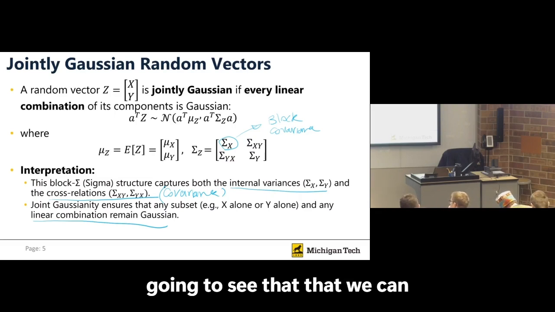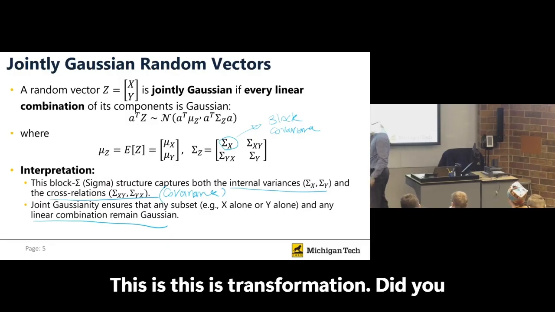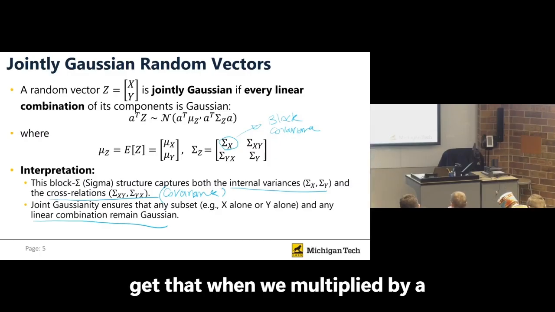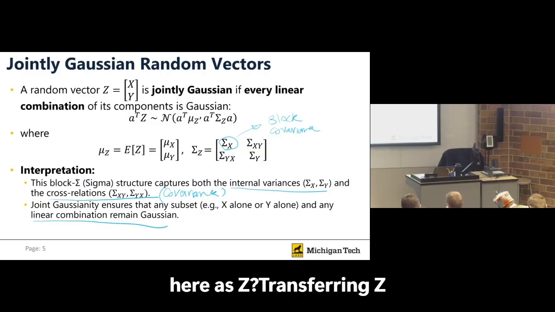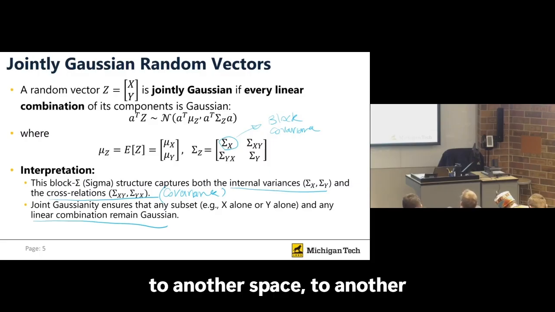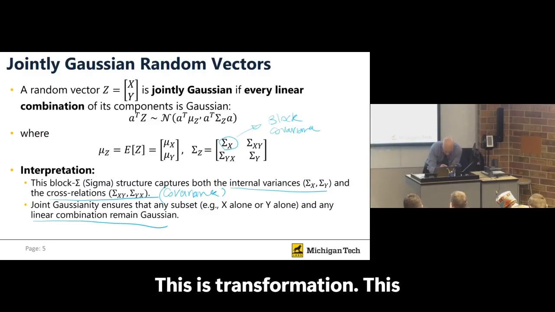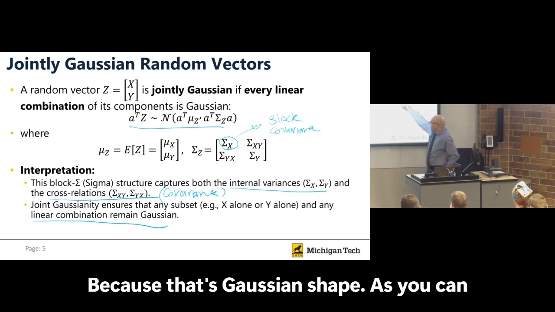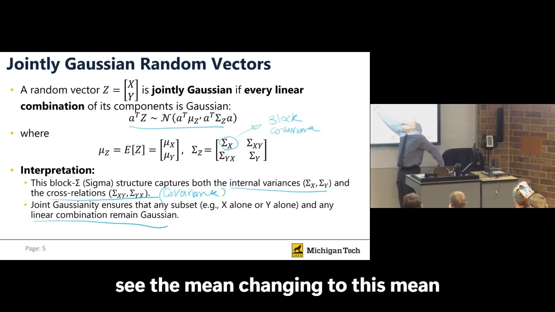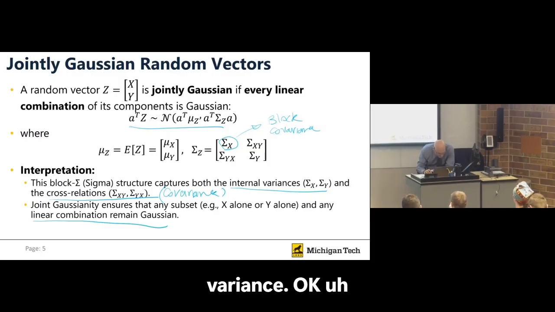We're going to see that we can play with that, and we do transformation. This is transformation. Did you get that? When we multiply by a matrix like A, we are transferring z, sorry, transferring z to another space, to another point. This transformation stays Gaussian. Why? Because that's Gaussian shape. As you can see, the mean changes to this mean, and the variance changes to that variance. Okay,